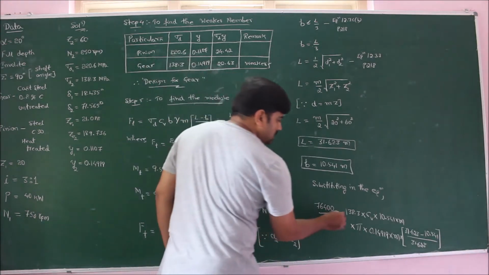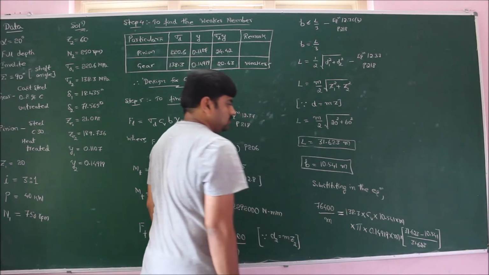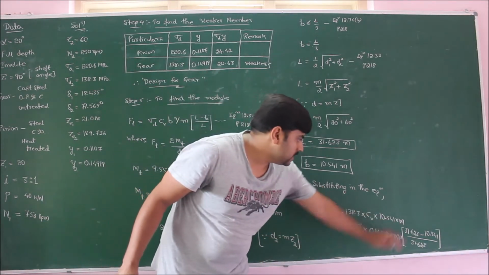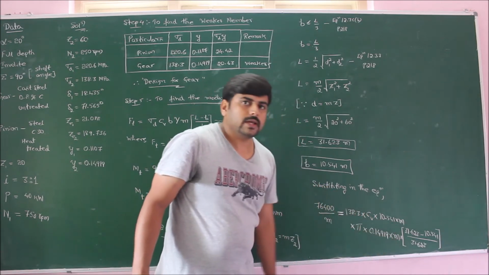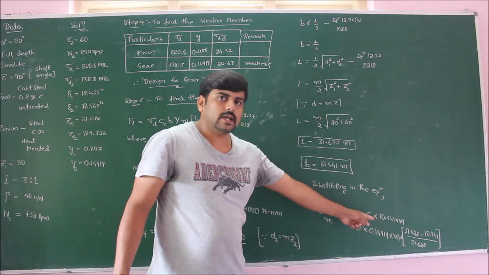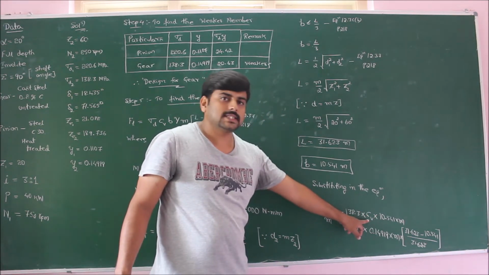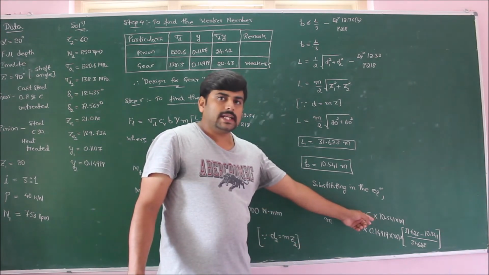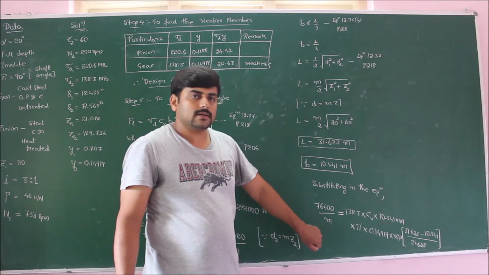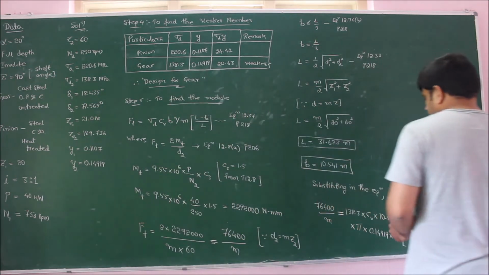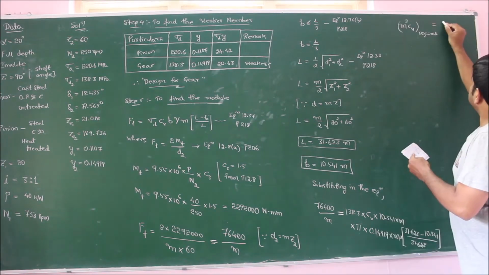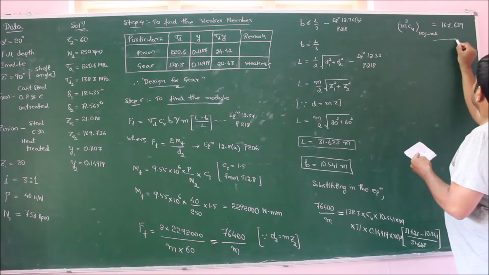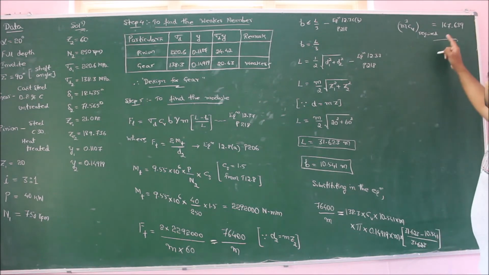Now if you clearly observe, we have one m here and one m here. M into m will become m square. Sending this m to the right hand side, it will become m cube, and the one unknown is CV. So we get the value of m cube CV by multiplying m to the right hand side and all other terms to the left hand side, which yields the value as 167.639. So this is the reference value to find the module.